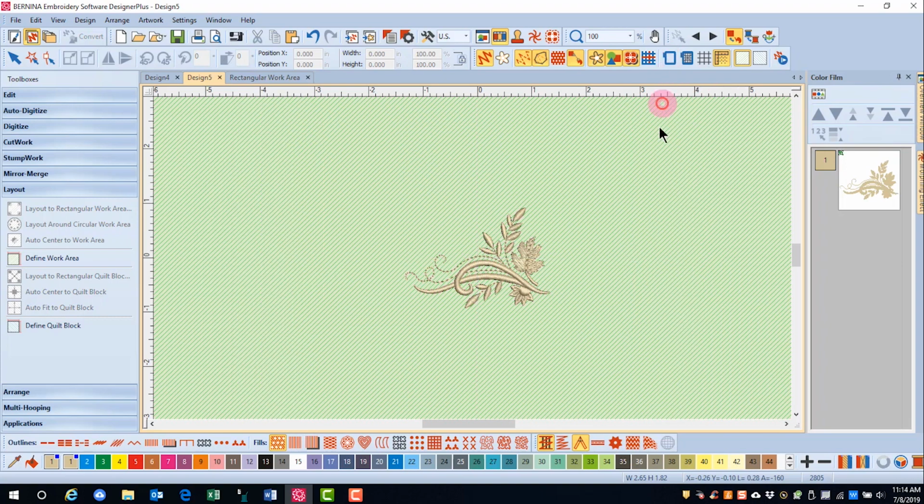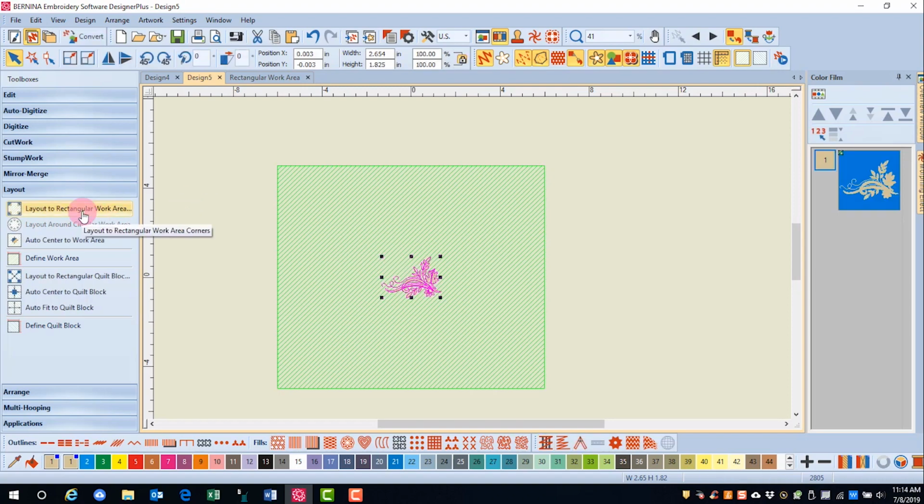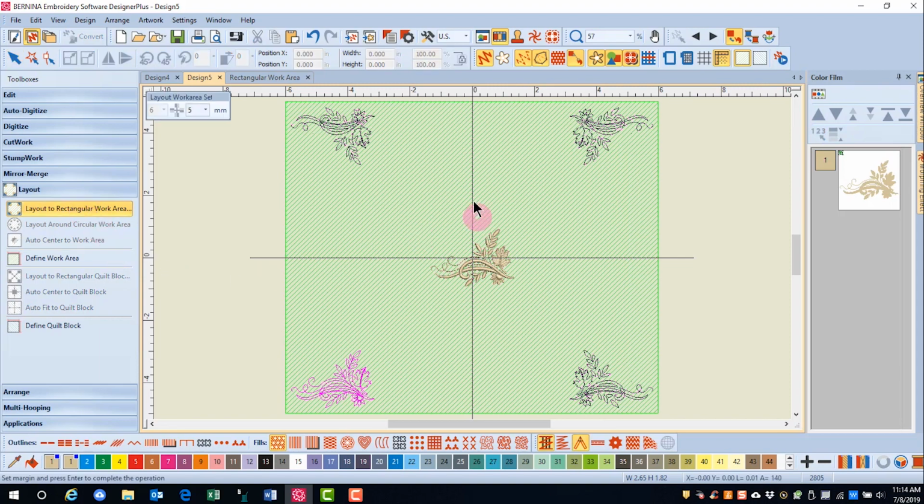I'll deactivate the hoop and zoom out so you can see the design. Select the design and then click on Layout to Rectangular Work Area. A wire frame is shown, and notice that the lower left corner is oriented the same way as the design